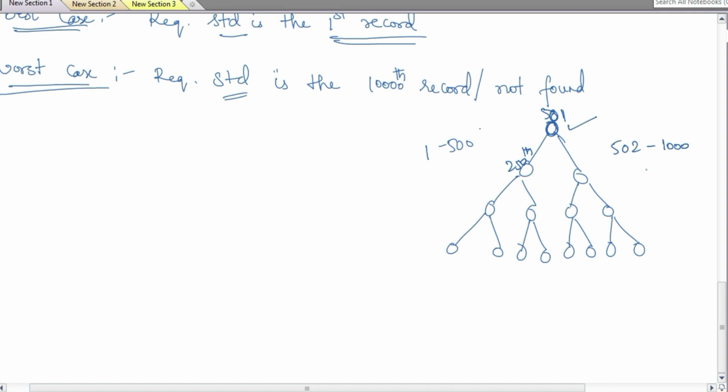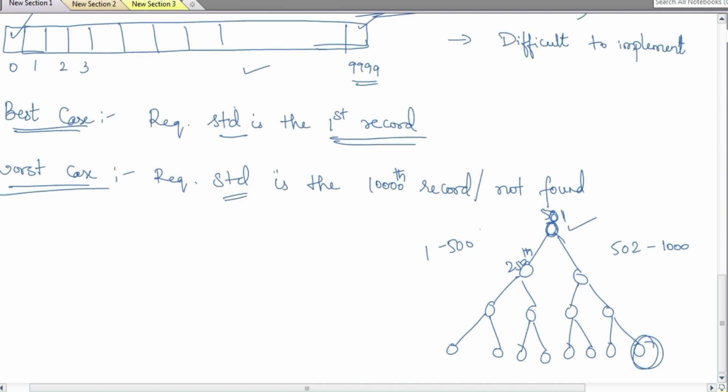So my worst case scenario, which is this particular element, the last element, I will reach in very few loops compared to the previous one, compared to the linear structure. Here the worst case scenario is called log of n. You will have analysis of algorithms as a separate topic. I will take up the analysis of algorithms class maybe after a month, but right now we will not get into the details of those worst case and best case measures,